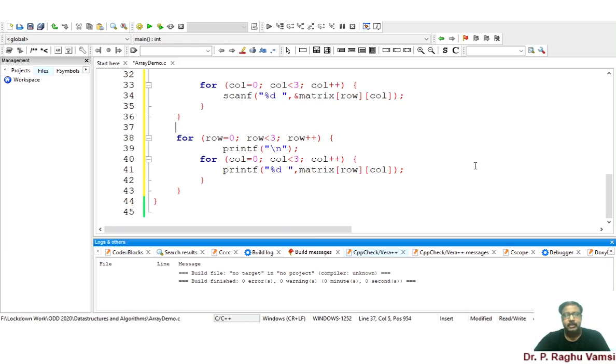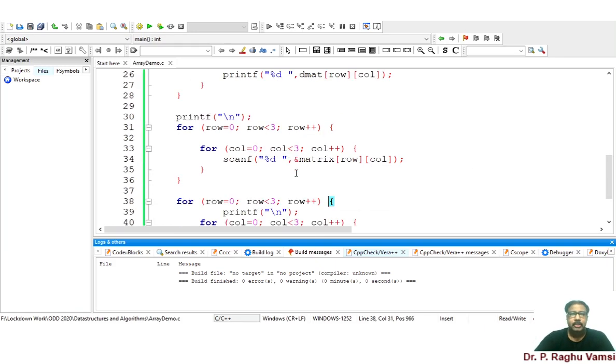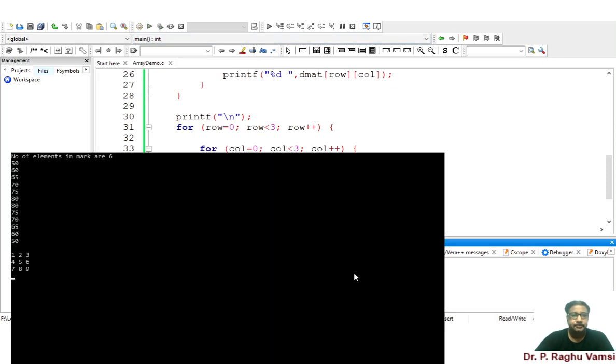Now we will see how this program reads the elements and prints the elements. Look at the number of elements in the matrix, which are 6. This was the previous output we got. Now the cursor has stopped here.